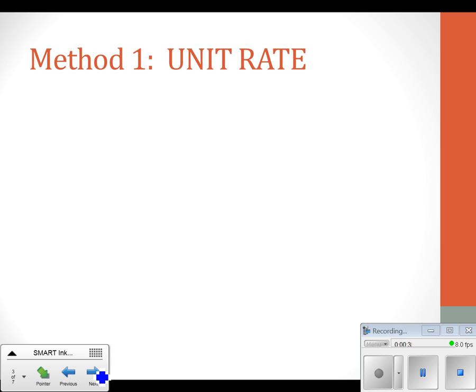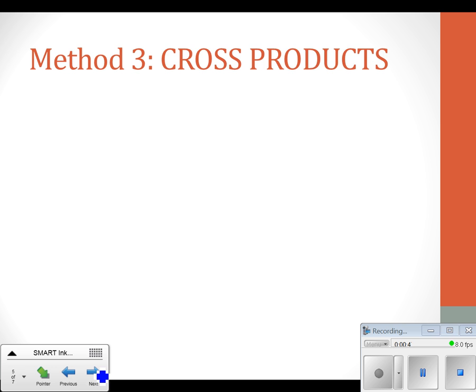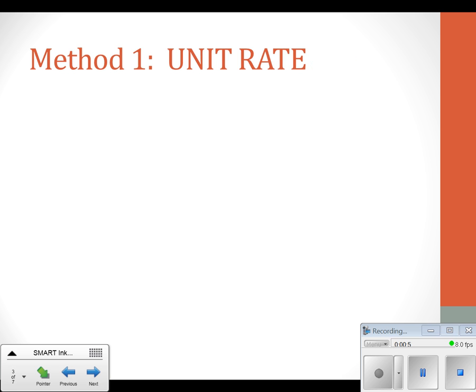There are many different methods that we can use to solve a proportion. I'm going to go over a few of them with you. The first one is unit rate. The second one is scale factor. And the third one is cross products. Going back to method number 1, unit rate, I'm going to show you an example